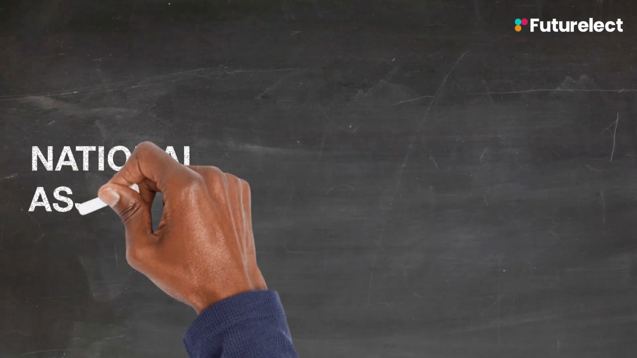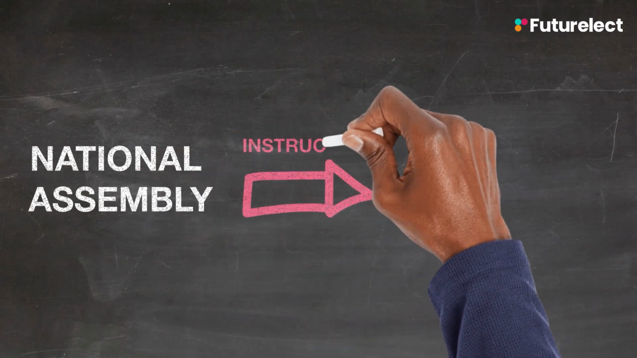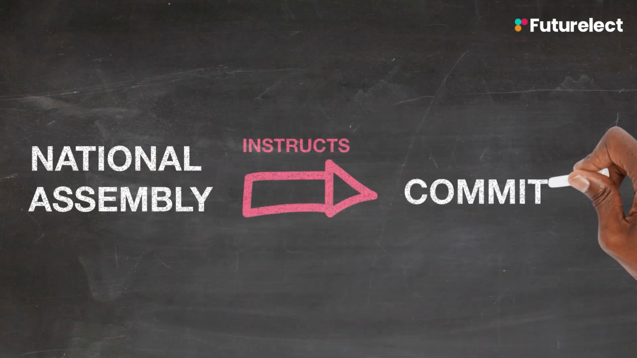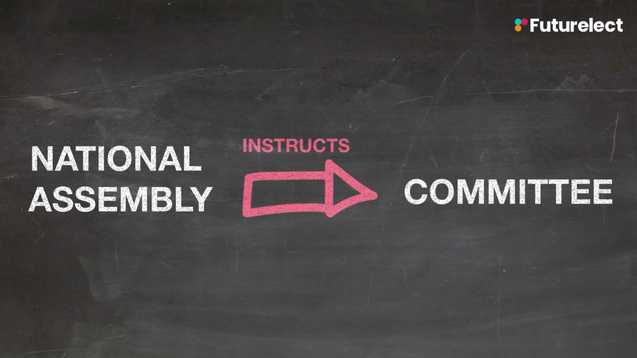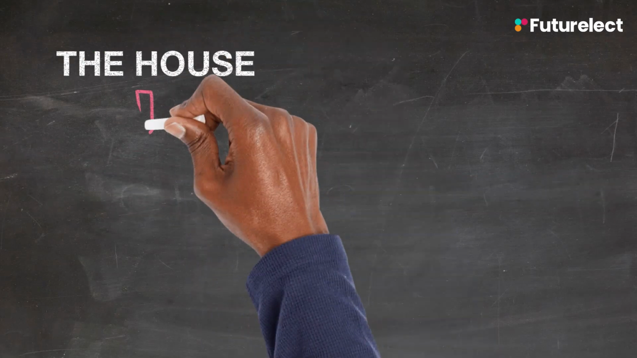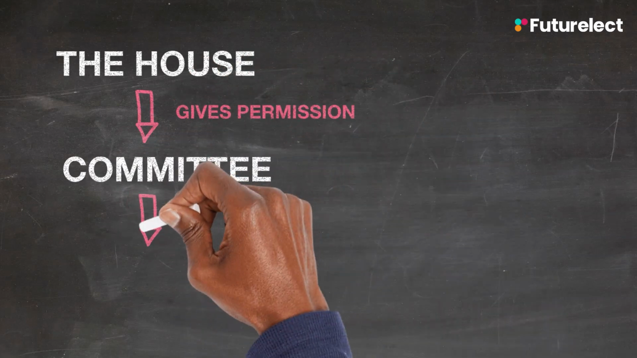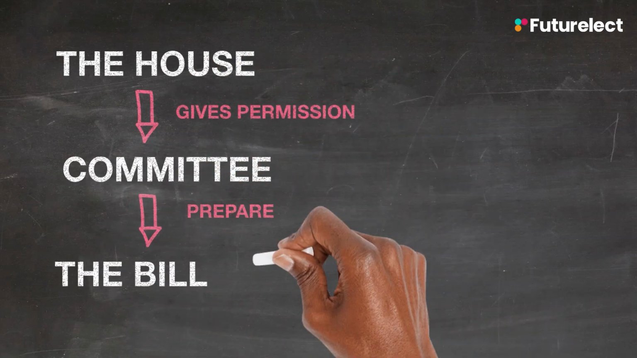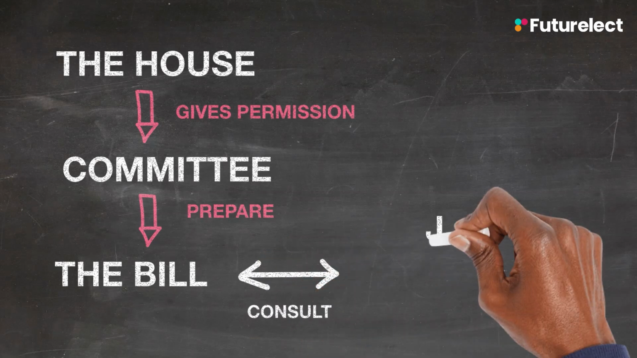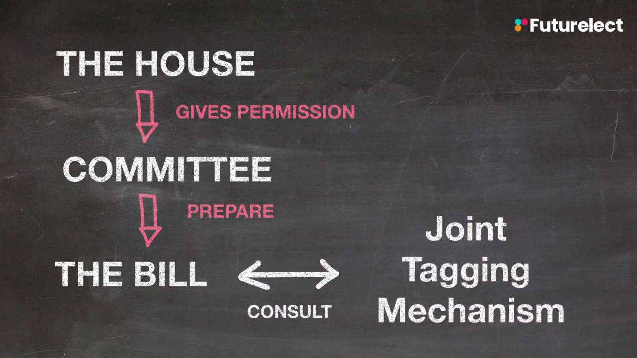However, there have been cases where the National Assembly has instructed a committee to introduce a bill, effectively granting that committee permission under this rule. If the House gives permission to a committee to introduce a bill, that committee must prepare the bill and consult the joint tagging mechanism for advice on its classification. We'll discuss the joint tagging mechanism in more detail in the next lesson, where we will cover how bills are